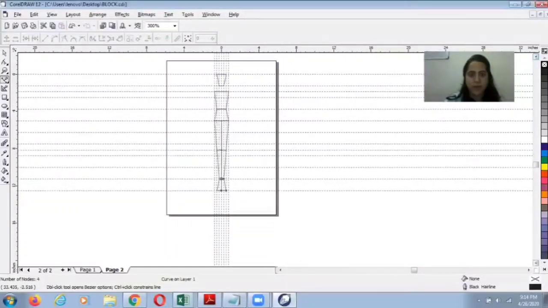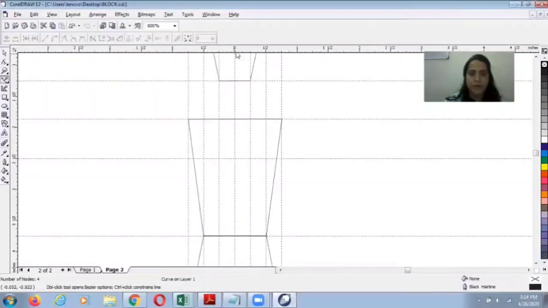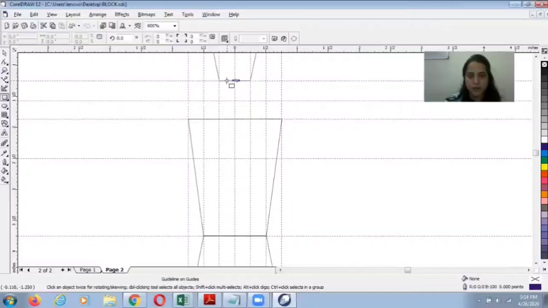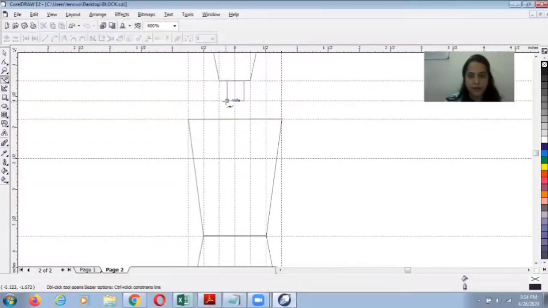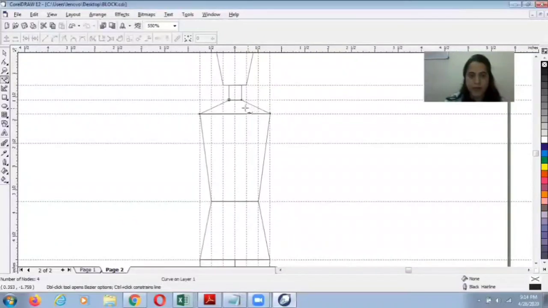Now I'll go to the upper part. Now I'll take mid of this to make a neck, and then by using rectangle tool I'm making neck like this, making shoulder flow. Now I'll make arm.